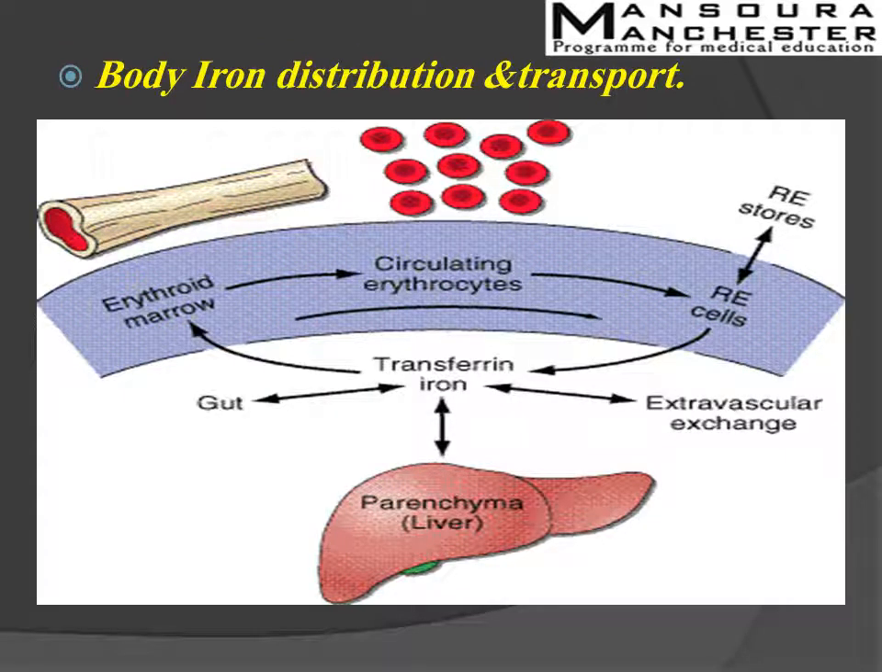This is the body iron distribution and transport. In this case, I have to say that the transport and the storage of iron is largely mediated by three proteins: transferrin, the transferrin receptor, and ferritin. Transferrin can contain up to 2 atoms of iron. It delivers iron to tissues that have transferrin receptor, especially the erythroblasts in the bone marrow, which incorporate the iron